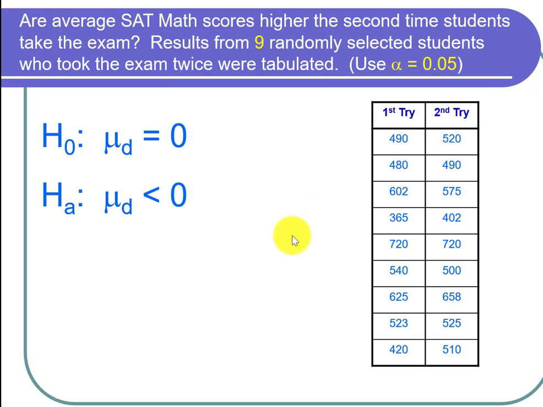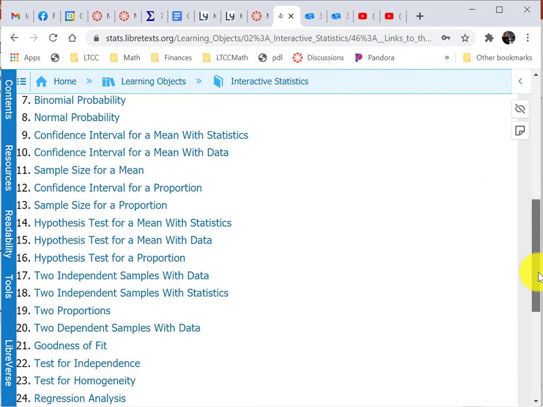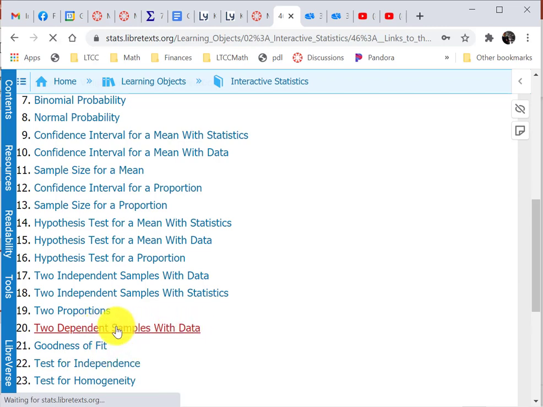So now we're ready to go to our calculator. Here's the calculator, and we're trying to do a hypothesis test for a difference, and the data is paired because it's the same person taking the test twice. So I scroll down until I find 2 dependent samples with data. Dependent means paired, and we have data. So I click that,